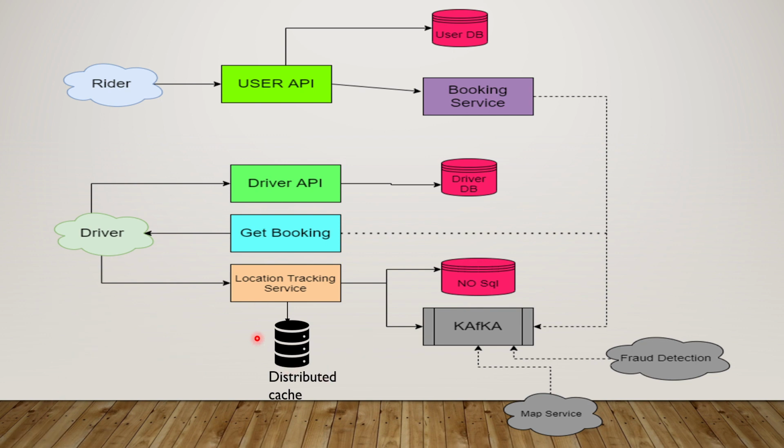And by now you might have some idea about how the rider and driver will interact with each other, and how the driver is sharing his location. So the next focus point will be the booking service, how this booking service will work, how the driver will get the booking, and how all these are linked with the location tracking service. So the next step that I thought of in this particular design will be focused on the booking service.